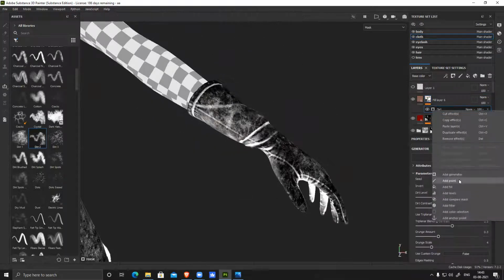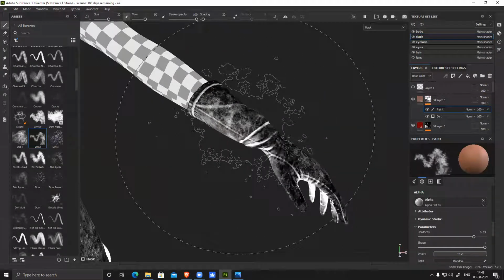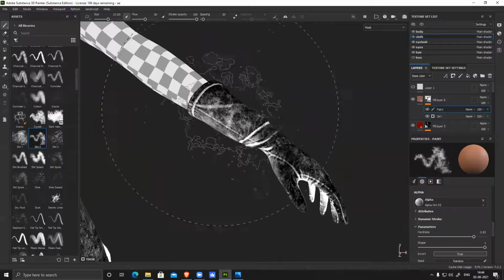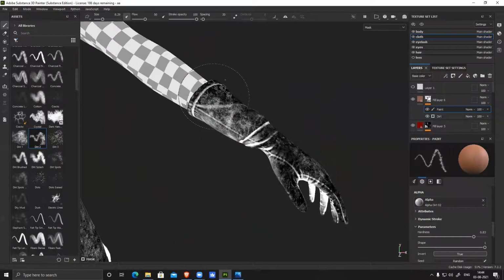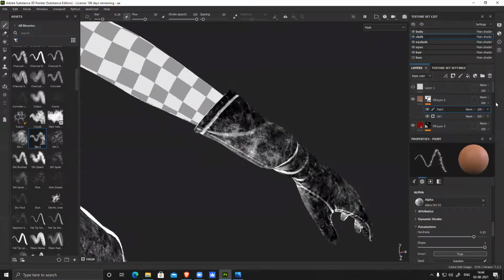So I need this dirt mostly on the top part only. So right click, add a paint here. Only those sections I am not able to generate with the help of the generator, I'll paint. And otherwise avoid painting. Manual painting is always, otherwise it will look painted. So in paint,